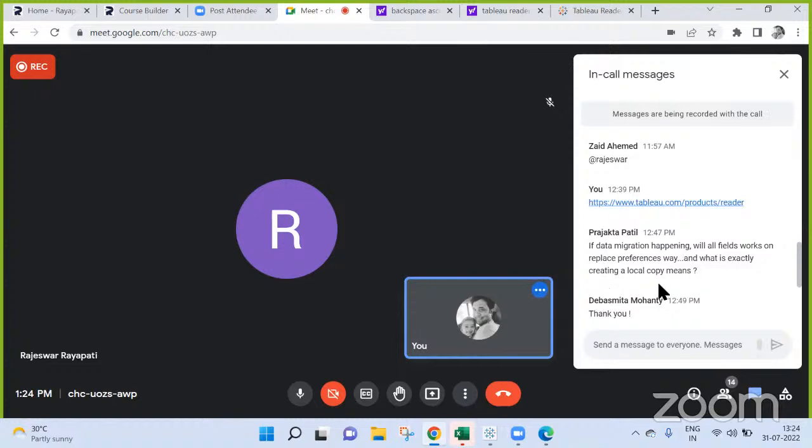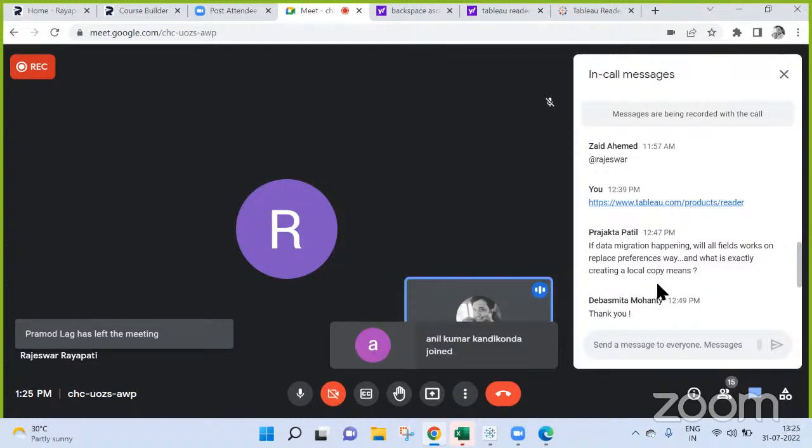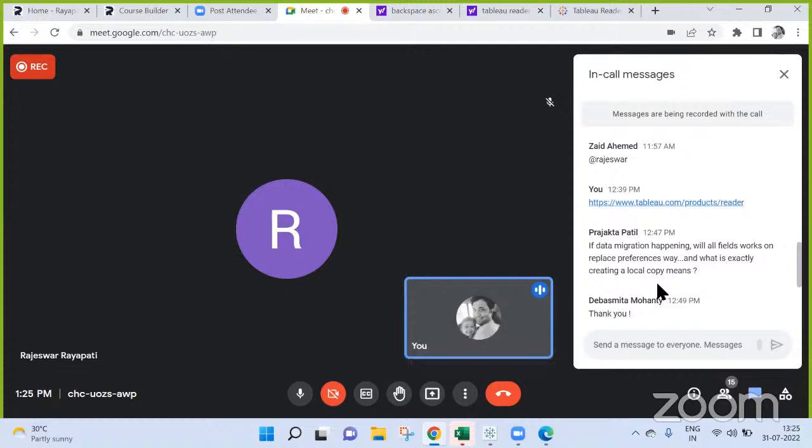And creating a local copy is, if you have a Tableau published data source, then you can download that extract onto your machine by creating a local copy of that. Whatever changes you want to make, you can make, and again you can publish it to the same data source. That is what creating a local copy means.